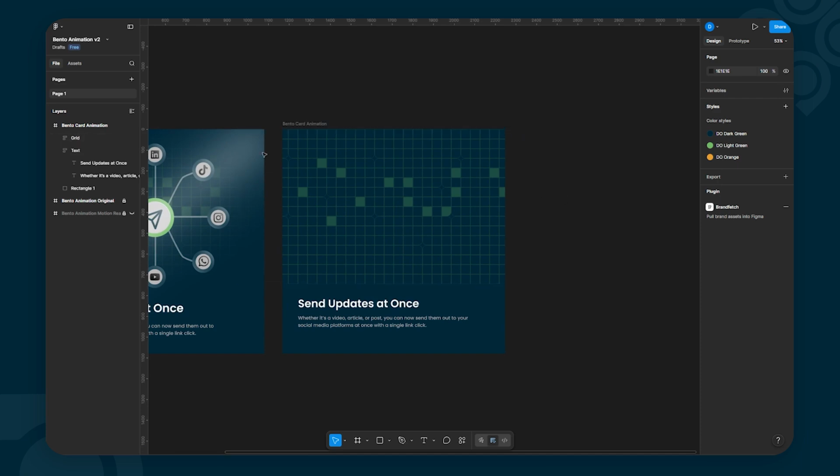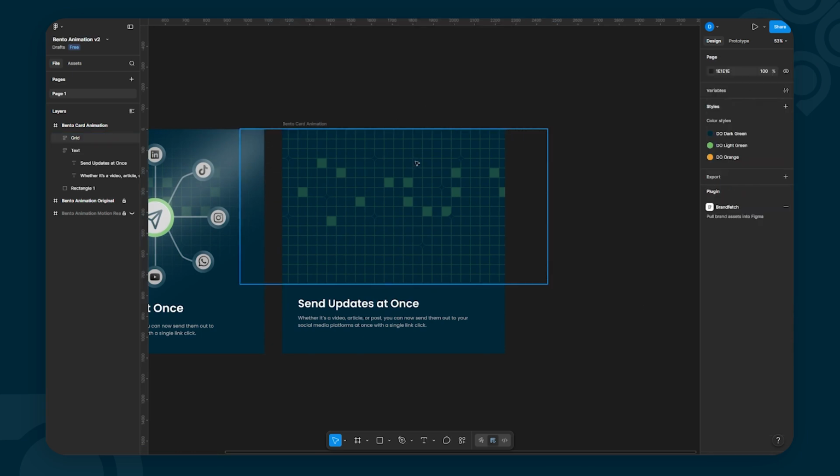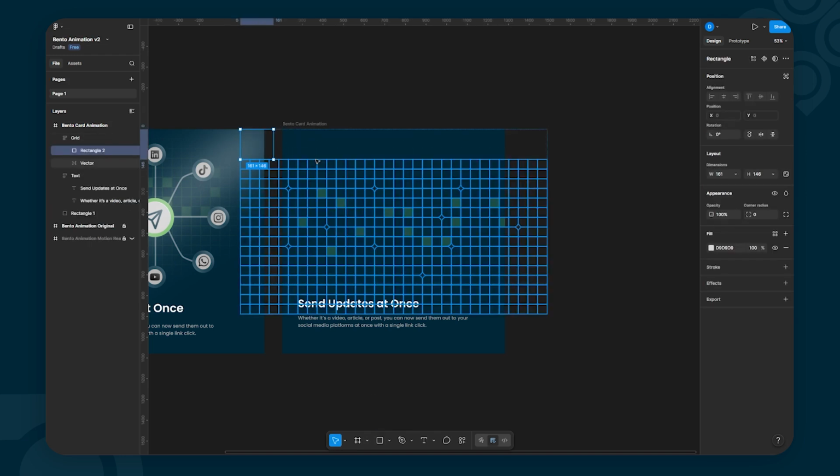So the next thing I want to do is, as you can see, its opacity is 25%, so it's not that visible, but we still need it to fade out. We have it in full length here. So how do we do that? We do that by creating a rectangle. I'm just going to create a rectangle that is approximately